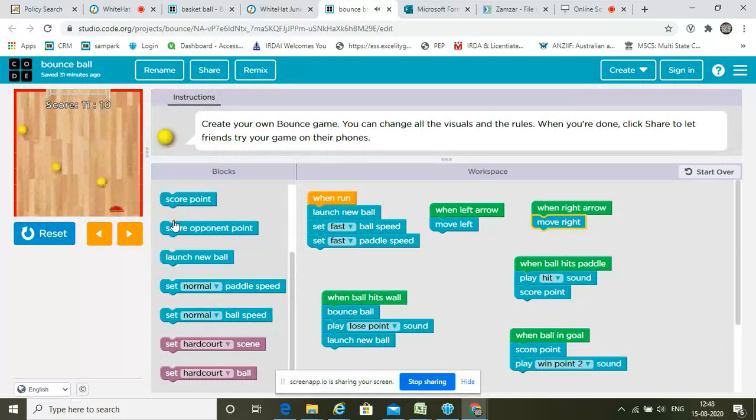But in this, I have spawned thousands of balls whenever it touches the racket, and up here you can see my score and the opponent's score.